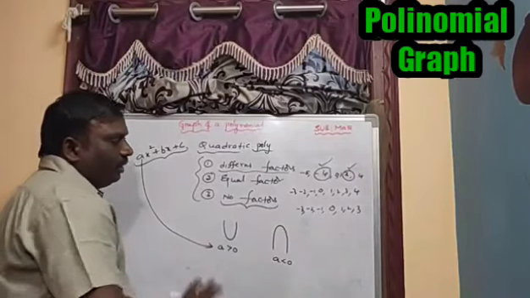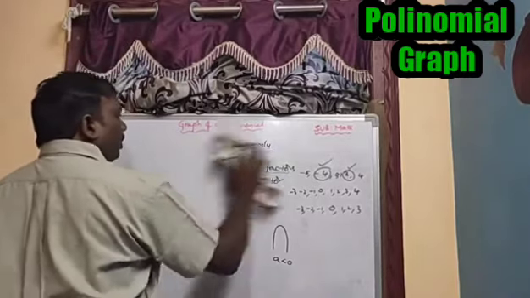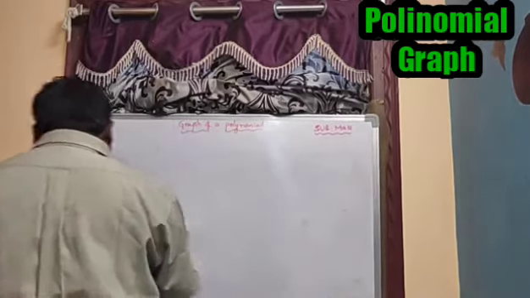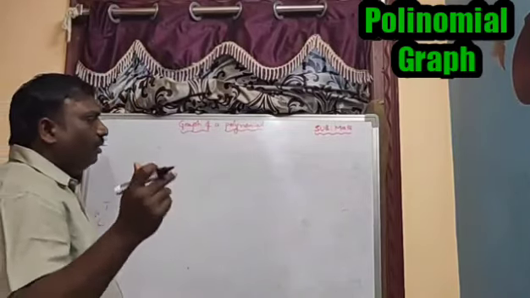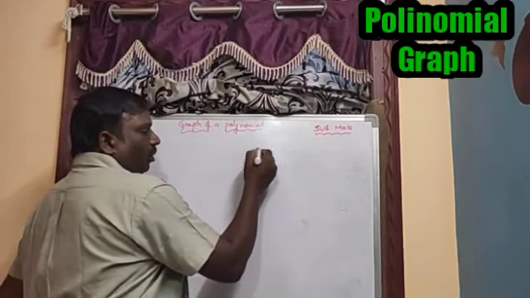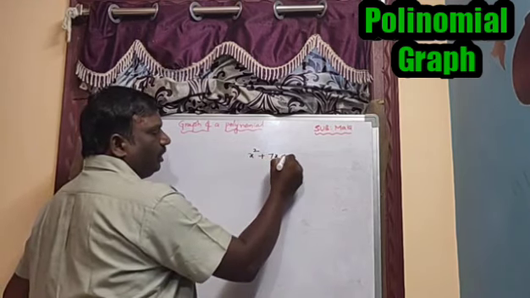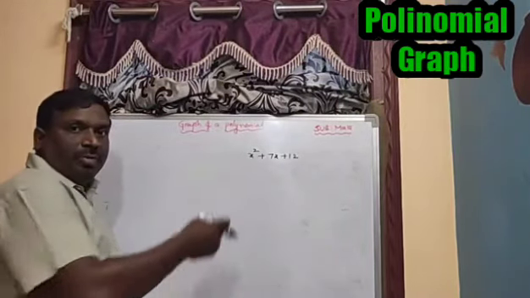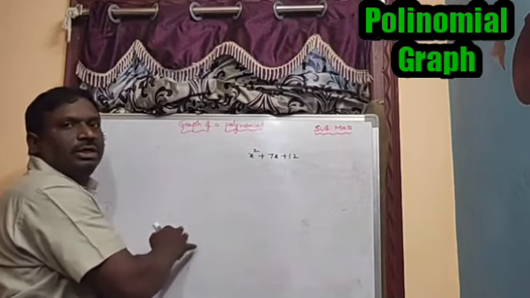So how can we find the zeros of a quadratic polynomial? First we know the factorization method. That is very, very important in 8th class, where the factorization chapter is also there. Definitely we have to learn how to find the factorization of any polynomial. Now let us take the example x square plus 7x plus 12. I'm explaining the factorization method. If you know this, then only you can find the zeros easily.